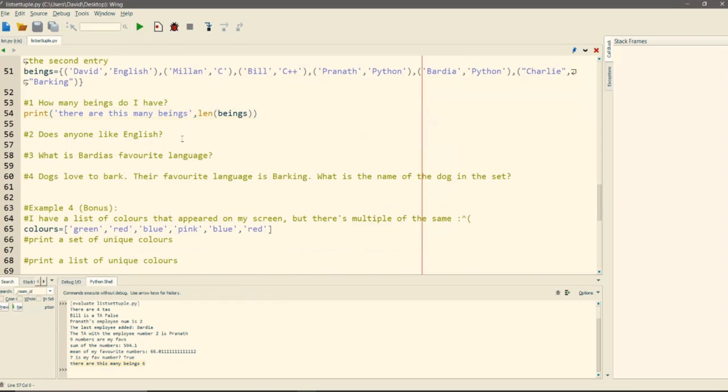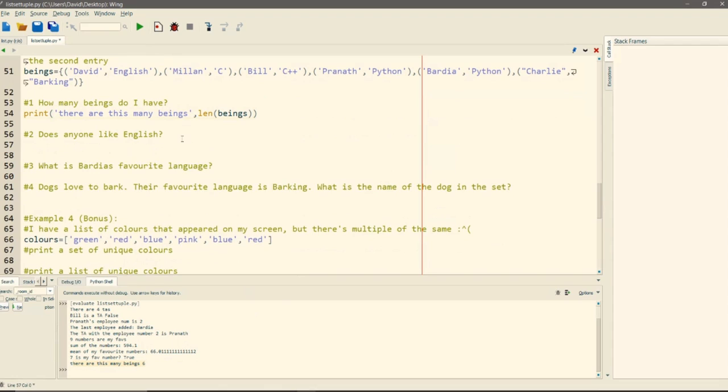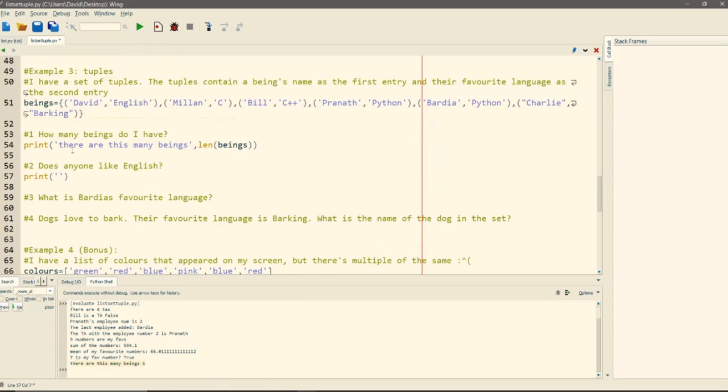Now, does anyone like English? So it happens to be me. So I would definitely say yes. So we're going to say print, does anyone like English? And my answer is, well, it's going to be a bit weird, right?